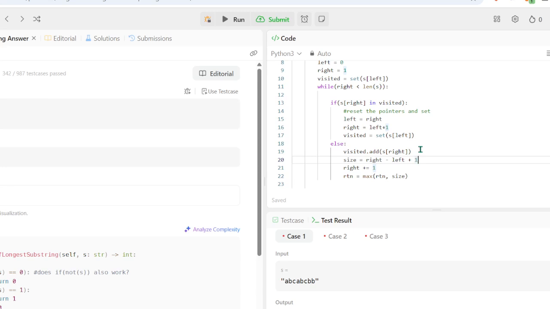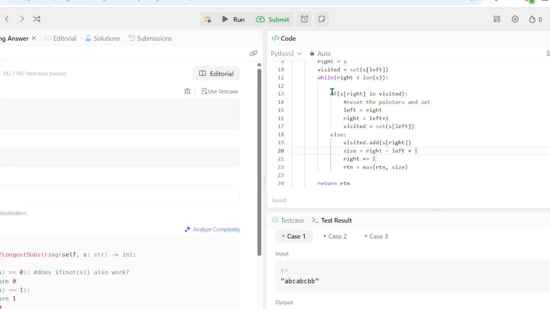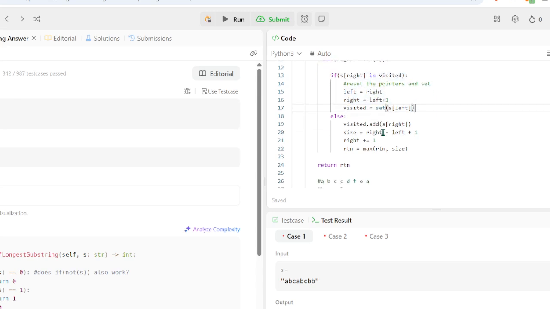R is 1, and the length is 2. Okay, so this won't run. It's not visited. So now we do visited.add S at right. So visited holds AU. Now size equals right minus left plus 1. So that would be 1 minus 0 plus 1, which is 2. Then we do right plus equals 1.